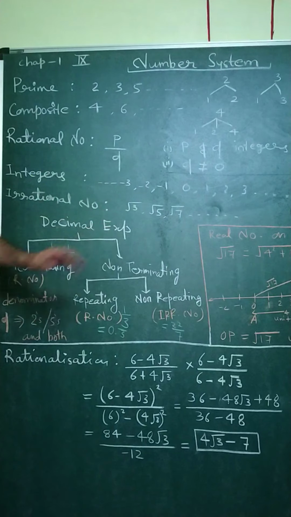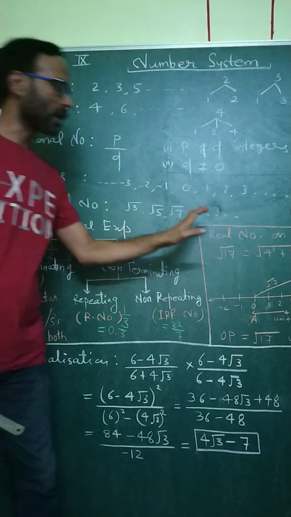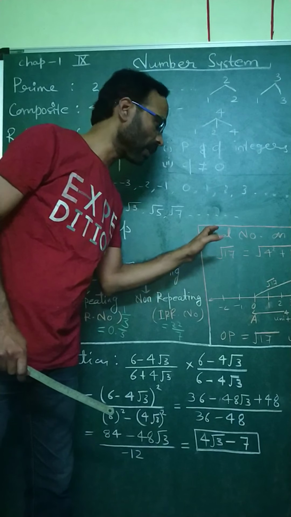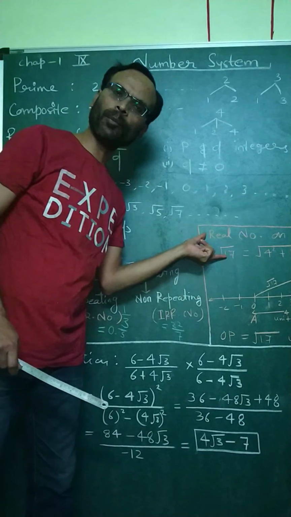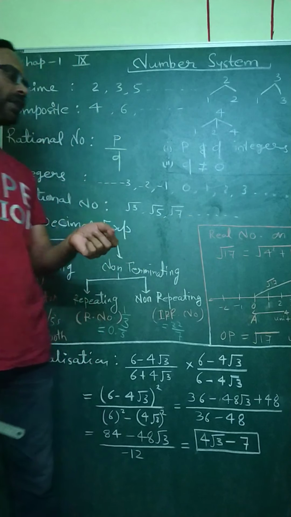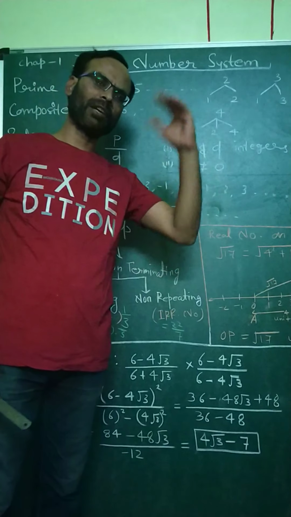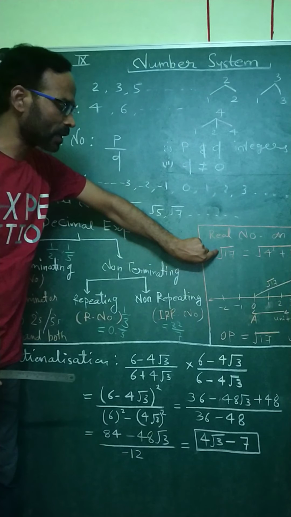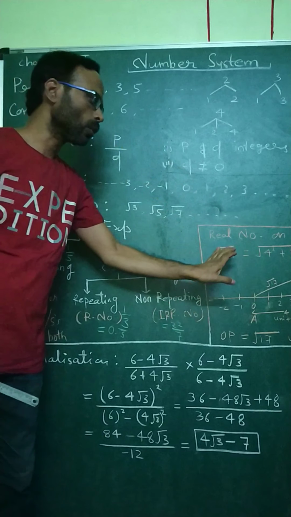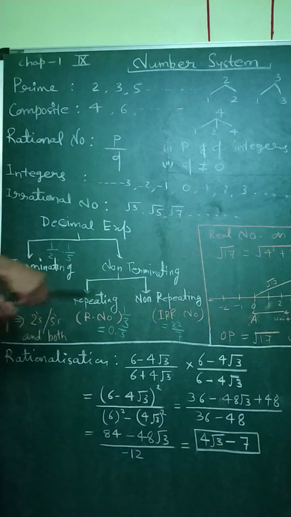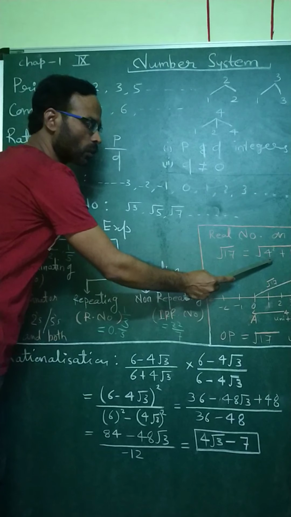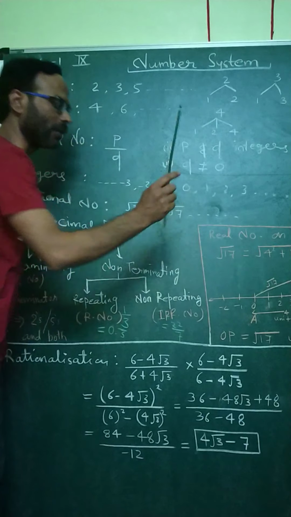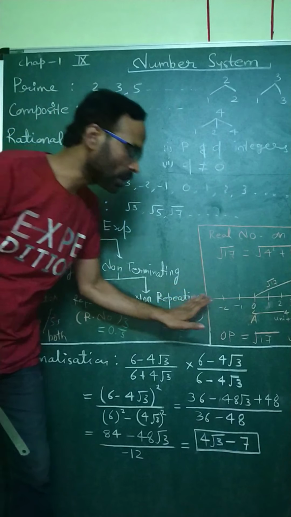Now the next topic is representation of irrational numbers on the number line. Yes, real numbers on the number line. It's very important. This question came in CBSE 2008, when the papers came from the board. Here the first example I took is root 17. Root 17 can be represented using the Pythagoras theorem: 4 square plus 1 square, 16 plus 1, then the answer will come root 17. So this will be represented on the number line.